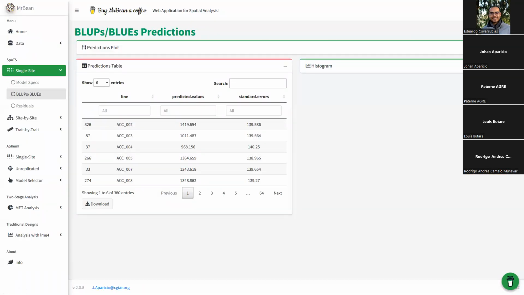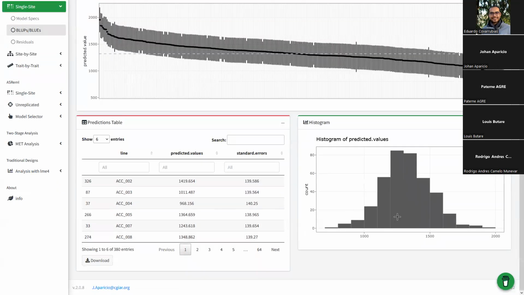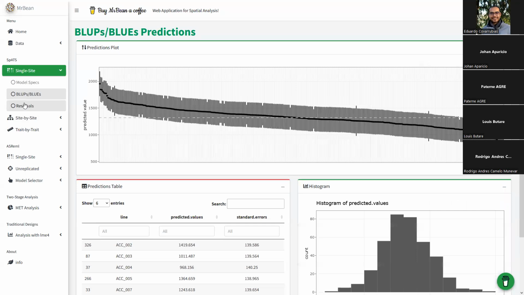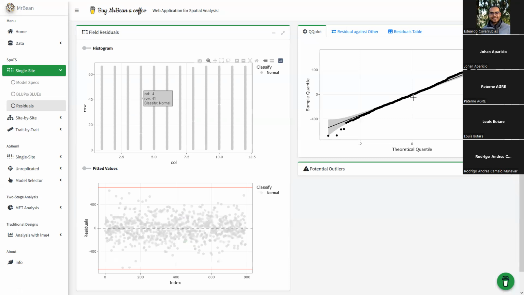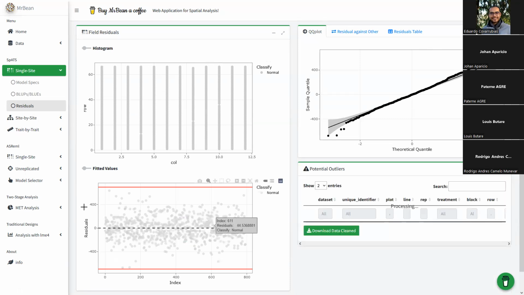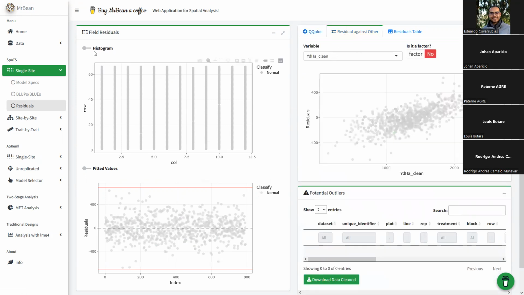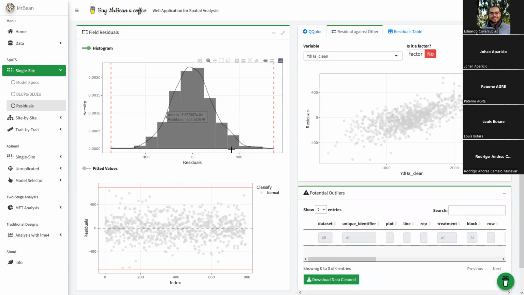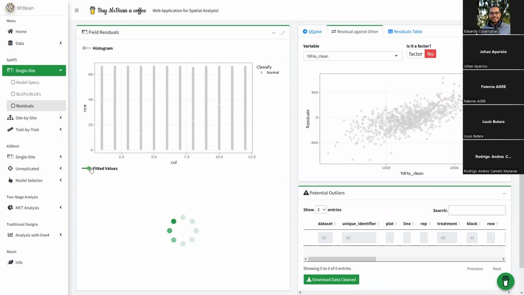Here we have the blobs as we saw in the ASReml model: histogram, prediction table, and histogram. And then I also have the residuals here, just to see or to remove. In this case, we didn't find any strange observations. But we have here the histogram of the residuals, against index, against fitted values,